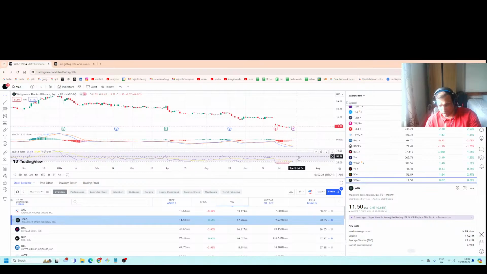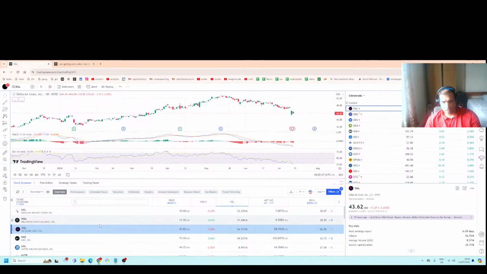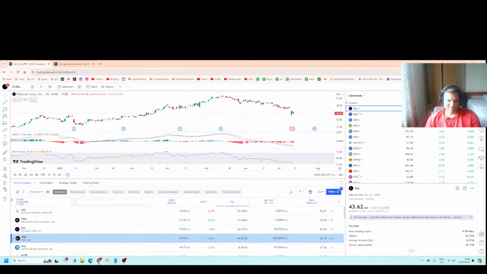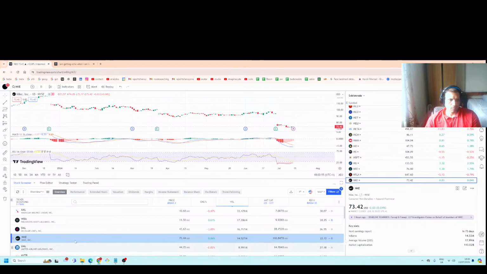Walgreens Boots Alliance shows a very nice profile. MACD is starting to cross the MACD level, MACD signal. So a signal is going to cross the level and then it starts to move up, and you can see this red is turning to light pink, and RSI is starting to cross into 30, and then when it goes into 50, that's when you exit the trade. But that might be taking around 10 days sometimes. It depends. It sometimes takes 2 days or 10 days. It can take a month. So you want stocks which have high volumes and go up and down very regularly. So you have those, and